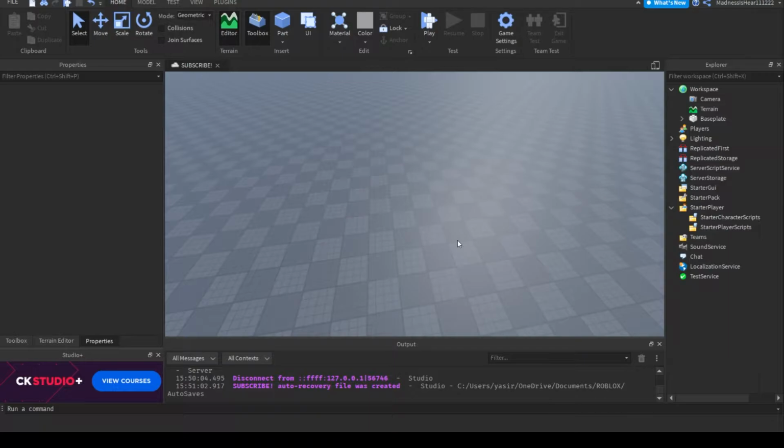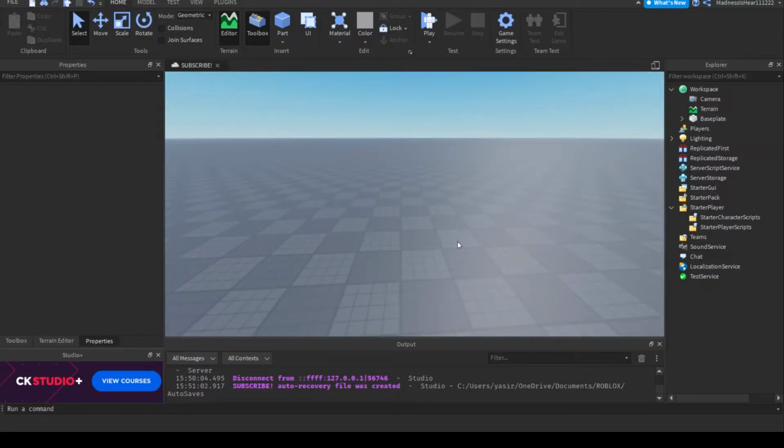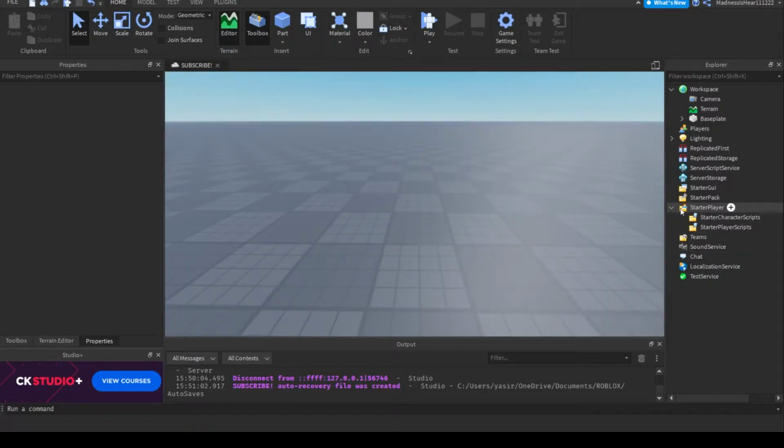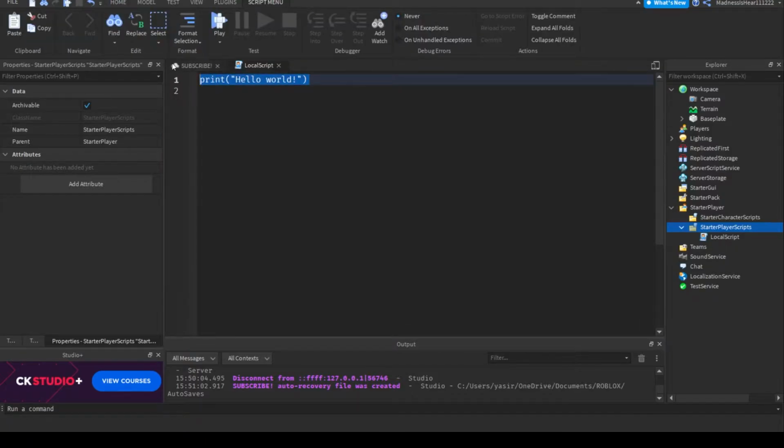Okay, so to get started, we're gonna make a simple script. By the way, for Context Action Service, since it deals with input, you can only use it in local scripts, and you want to go to your StarterPlayer and go to your StarterPlayerScripts and just insert a local script there. And now we'll set the variable for Context Action Service. We'll say local ContextActionService, and a variable is just, basically,